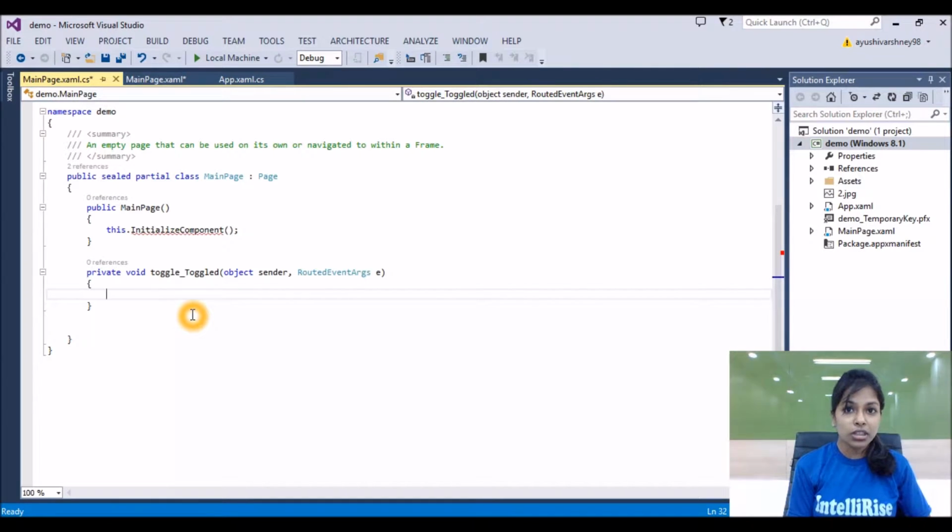So we want that if we click on the button, the status shows Wi-Fi is on.